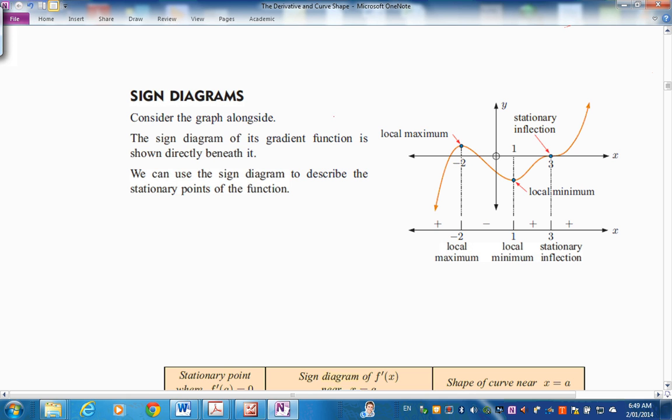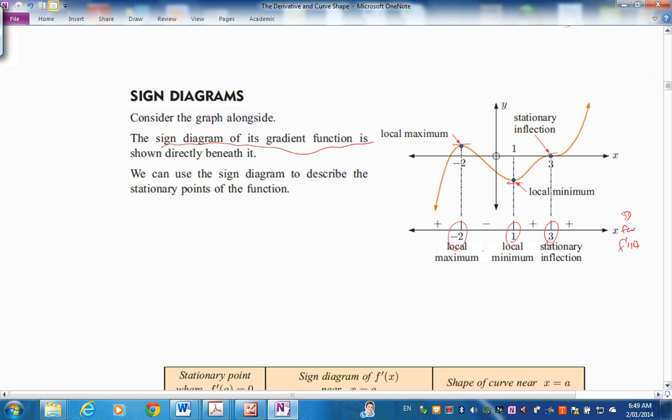Here's the graph. The sign diagram of the function of the gradient derivative, so I'd like to put here the sign diagram for f dash x underneath it. Let's have a look. Neg 2 is a flattening point, yes, and 1 is a flattening point, and 3 is a flattening point. So these are the values that go on our little bit of the x-axis, our sign diagram,